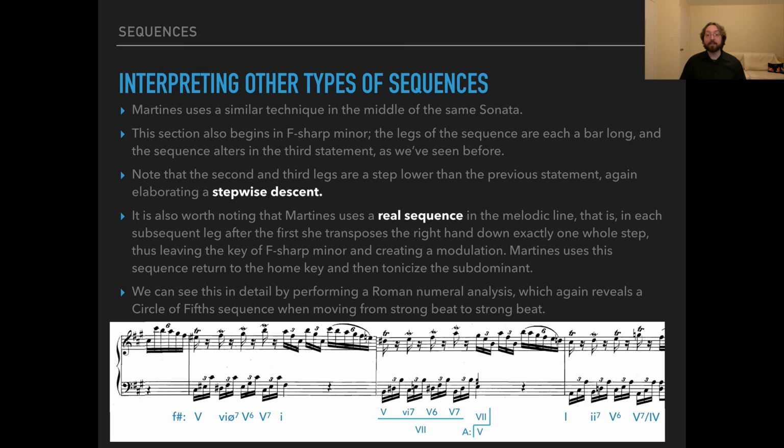Now, in this case, each of these legs again has multiple harmonies. We have a 5 chord in the first leg, a 6 half diminished 7, a 5/6, and then a 5/7 before moving to 1. However, like we saw in the previous example, that second harmony in each leg is actually elaborating the motion. It's just acting like passing tones,